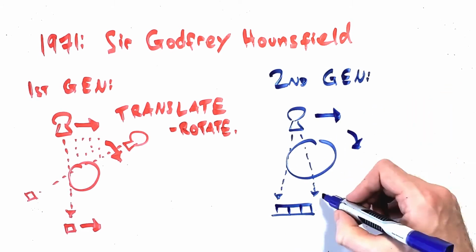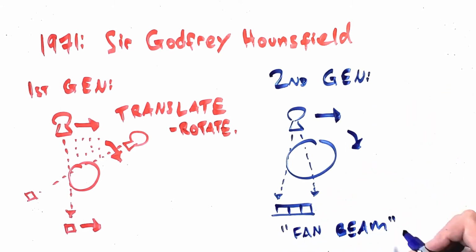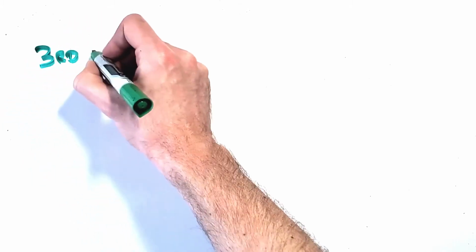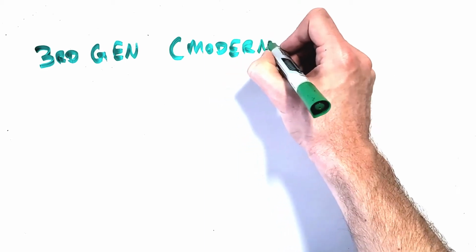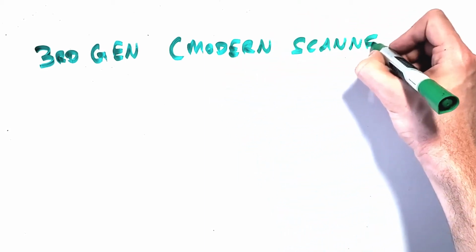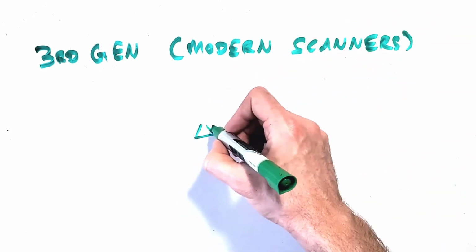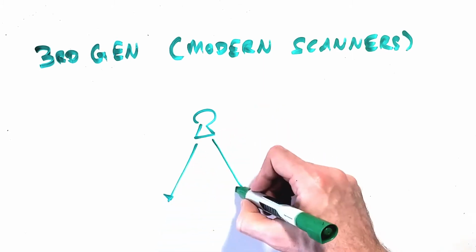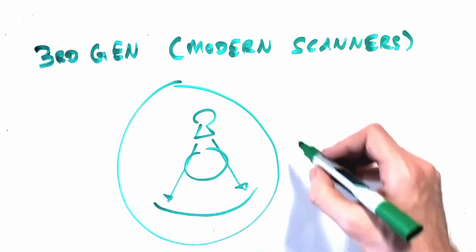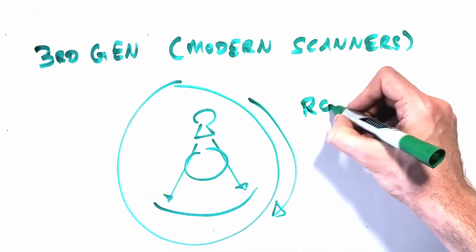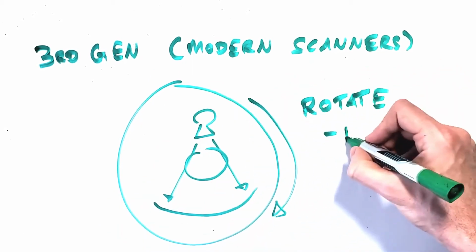The pencil beam was soon replaced with a fan beam which maintained the translate-rotate movement but covered a wider area. The fan beam endured into modern-day scanners, but in the late 80s we lost the translate-rotate nonsense and replaced it with the rotate-rotate system with which we're familiar today, where the tube and detector assembly spin in unison on opposing sides of the patient. We've upgraded the single slit-shaped fan to a thicker fan beam exposing a multi-row detector, where